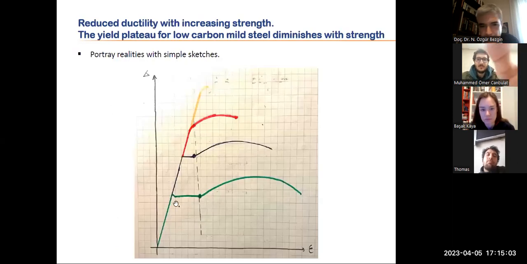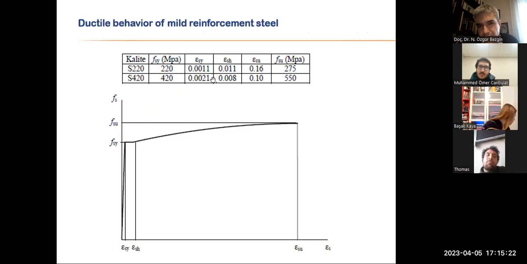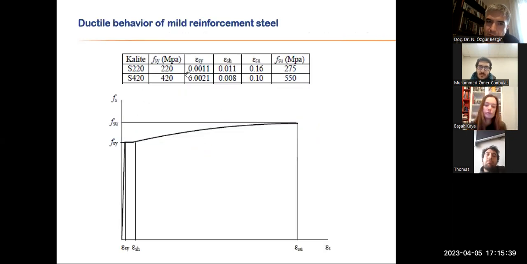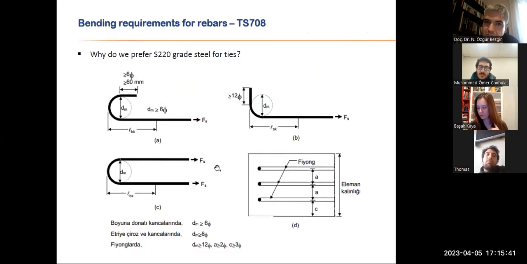So this is my sketch. This was when I was looking at the different ductility characteristics of different grades of steel. As we increase the strength, the yield plateau diminishes, in a triangular fashion. Just between S220 and S420, this is what happens to the plateau. This is about 10 times the yield. This is about 4 times the yield. So this plateau closes up. And then for high strength steel, we have a long elastic region, but then an abrupt fracture and brittle behavior commences, right? So our design material is mostly in this region.